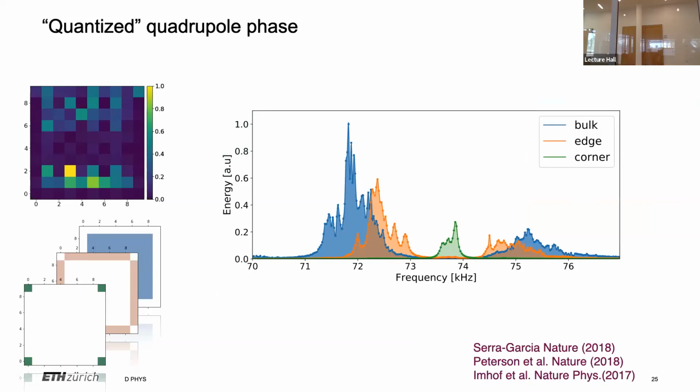Okay, so the story of this higher order TI was, of course, we were not the only ones to play this game. There is a microwave version, like optical. There is an electrical version of Ronnie and friends. So we were not the only ones trying to implement that model, but we were happy that with the mechanical platform we could be really fast, despite the fact that we did it with this kind of elastic wave, which is the most difficult one of them all. But it still shows you what a versatile platform these mechanical degrees of freedom are.